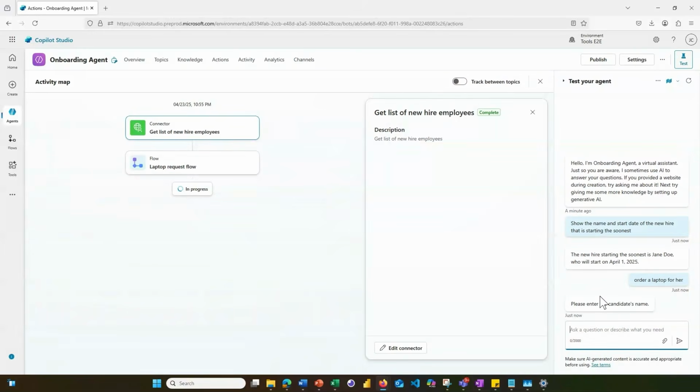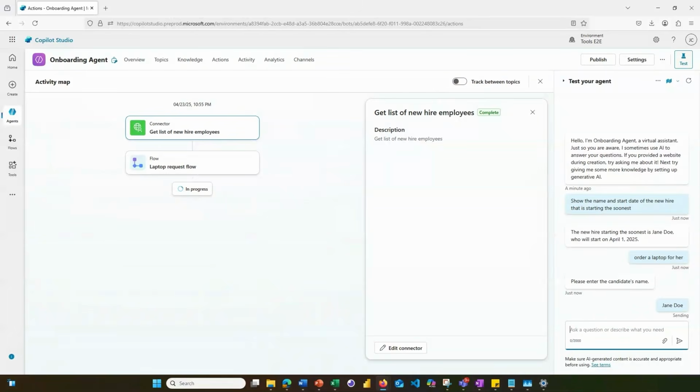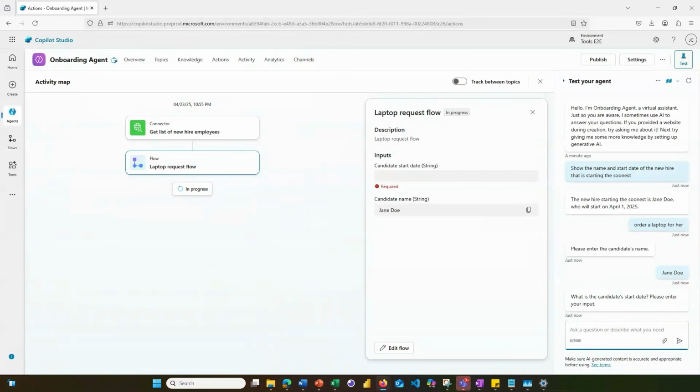Taylor sees that this agent flow is correctly selected, and she's getting prompted to enter in the 2 parameters that she set for this agent flow. The first one is the candidate's name, Jane Doe, then followed by entering in the candidate's start date. Now, before I hit enter for the start date and complete the required information for the flow, I'll open up